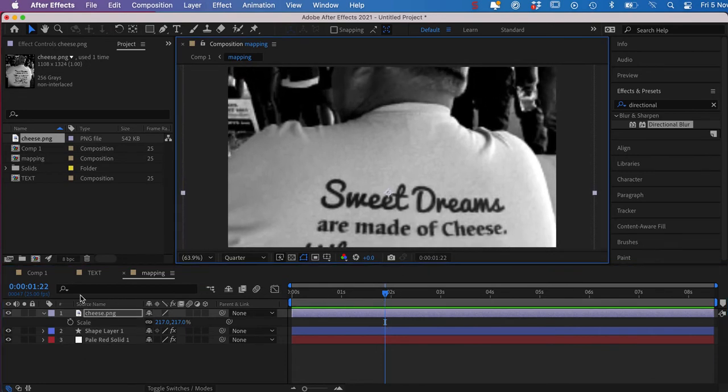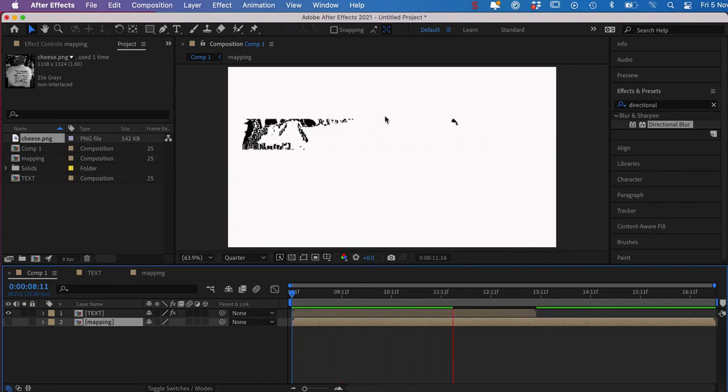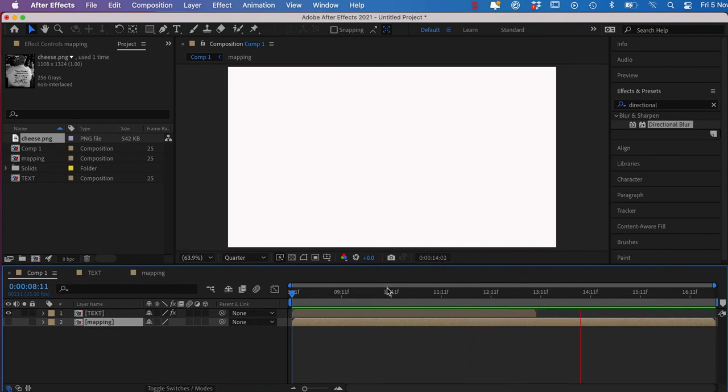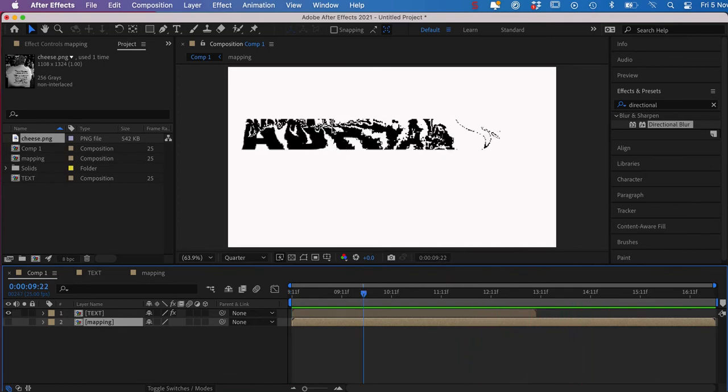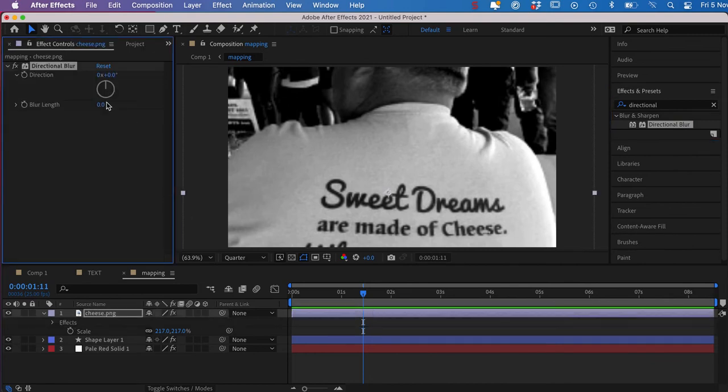And with this, I go back to the comp. Even that image is now being used as a grayscale map. And this is kind of like the shoulders running across that character. So there's so much detail in there that it really makes it quite a detailed image. So we can go into that mapping and we can add, let's just use a directional blur again. Pop it on here,